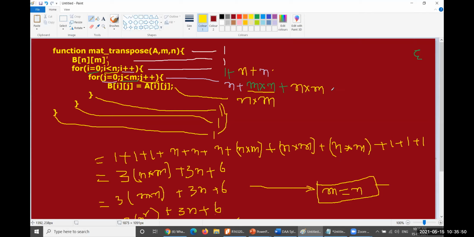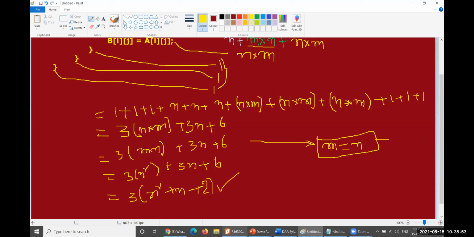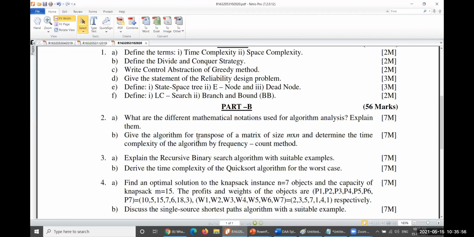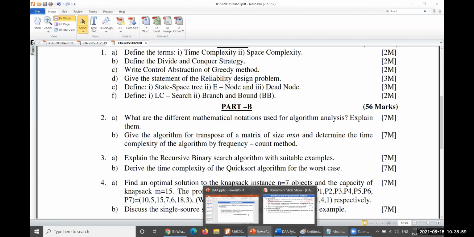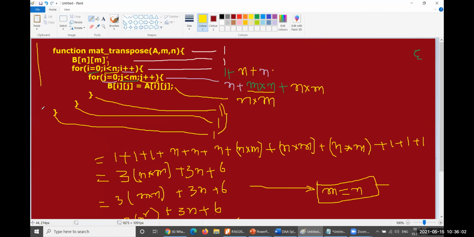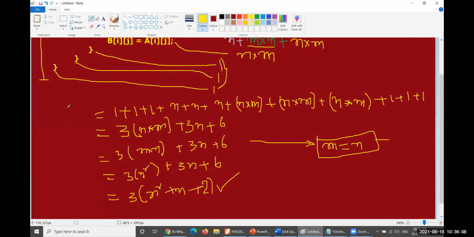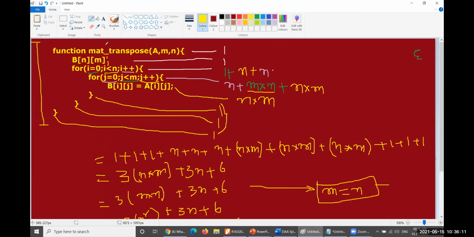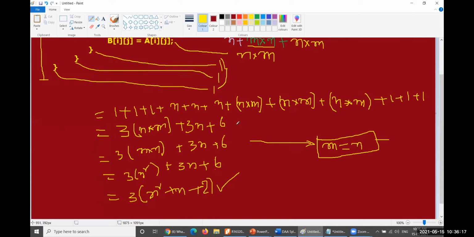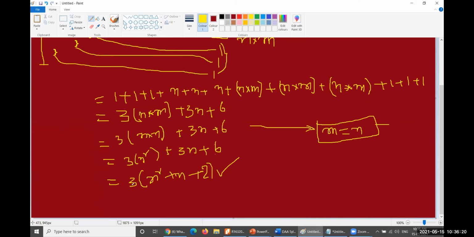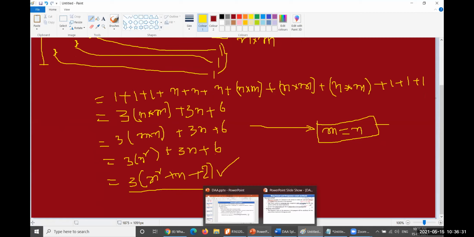Okay. This is the actual question output while writing your final examination for this one. You need to write the algorithm, this is the specific algorithm that you need to write here. And so you have to start the frequency count method. In frequency count method, first statement will be executed once, and this will be taken once, and so on and so forth. And the evaluation will take place like this. Finally, you could get this particular set of operations. Okay. Hope that you could get the point here.